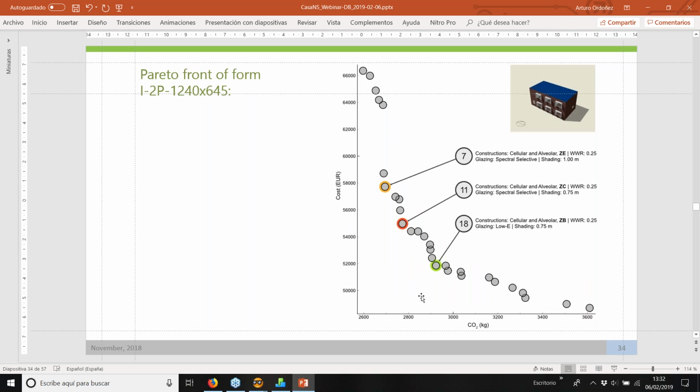Finally, this graph shows only the Pareto front of the second form, which can be considered the overall best one. It also highlights three favorite solutions with their corresponding design options. Here we selected these three solutions as the most suitable for our design. And you can see here